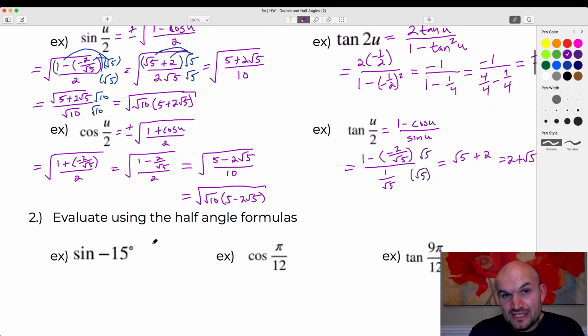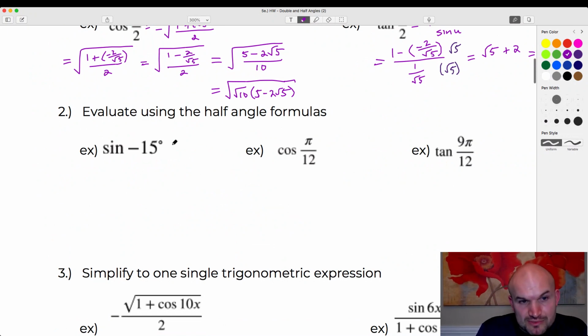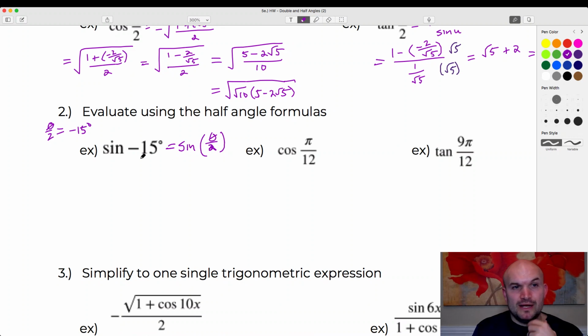So I noticed negative 15 degrees is in the fourth quadrant, right? So that means I'm going to need to use the negative angle. So it's important when we do this problem, when we're using the half angle formula, this represents sine of theta divided by 2. Right? So what that means is that theta divided by 2 equals negative 15 degrees. All right, now when we do our formula here, so when I say the sine of negative 15 degrees